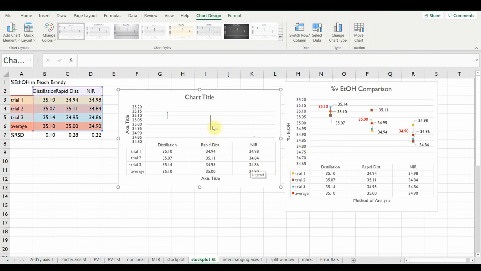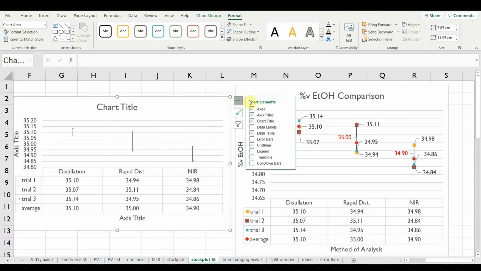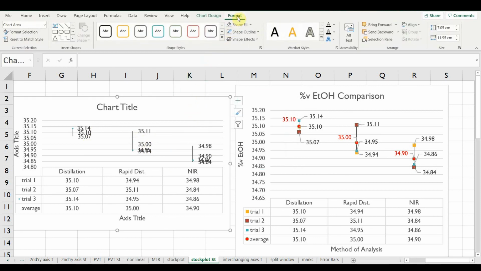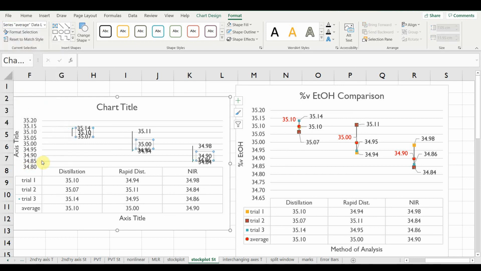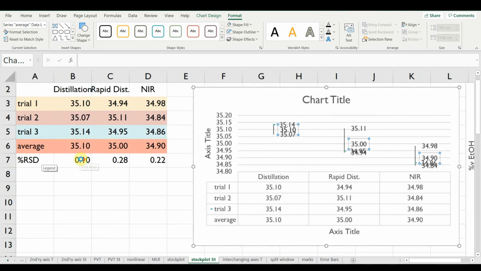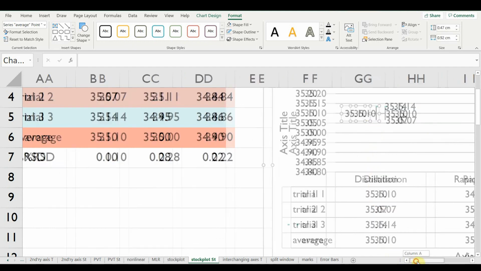Next, we should add some data labels so we can actually read the results. Select the chart, add chart elements, select data labels. So they're all laying over top of each other. How are we going to separate them? With the chart selected, go to the Format tab, go to the Chart Elements, go down and select the Series Average Data Labels. So they're selected. Now let's see if we can maybe scroll in and pull just those out. If I can grab that and we'll pull it to the left. There it is, 35.10. And over here